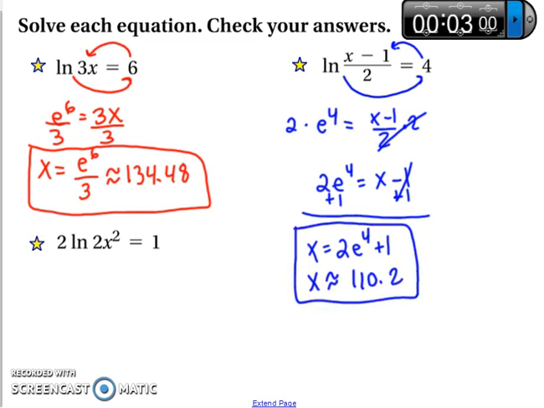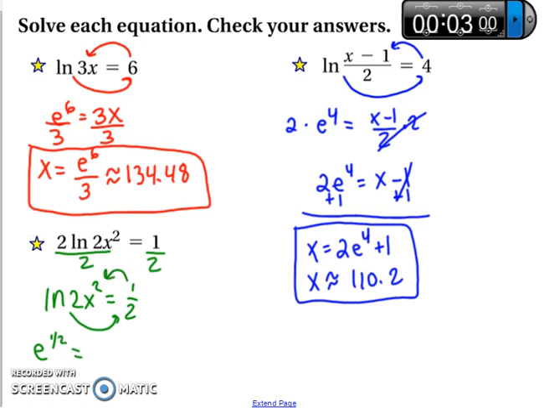Okay, and then the last one, I don't have the ln isolated, so I can do one of two things. You can apply that 2 in front as an exponent, and then you would square the entirety of 2x squared, so it would become 4x to the 4th, or you can divide it out. Okay, so easier way is just to divide it. So now we get the ln of 2x squared equals 1/2, and now we're going to switch this to exponential form. So e to the 1/2